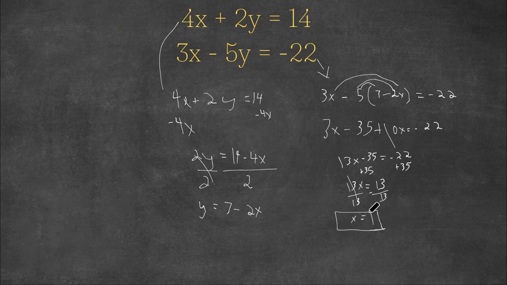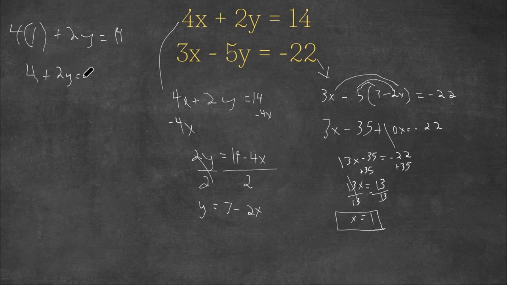So now all we have to do is simply plug in this value to either one of these equations and solve for y, because in a system of equations, we have to find the value of both x and y. So let's plug 1 into our first equation again, because this looks more simple. So we have 4 times x is 1, so 4 times 1 plus 2y is equal to 14. Now 4 times 1 is obviously 4, so this gives us 4 plus